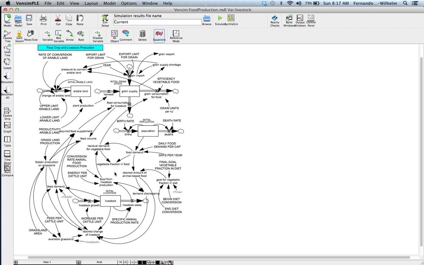Okay, so once that demand is known, then this residual demand for vegetable food drives the production of grains for human consumption. So we're going to get to that in a second, but let me wrap up the livestock